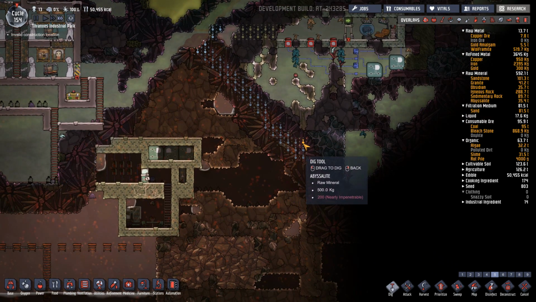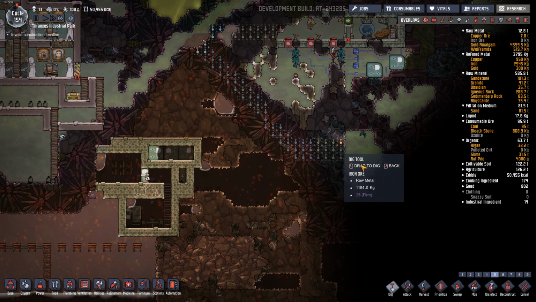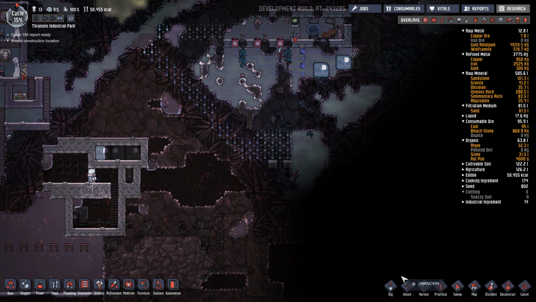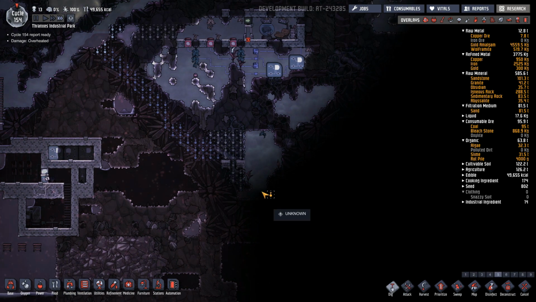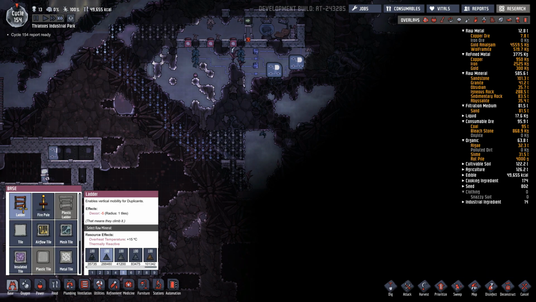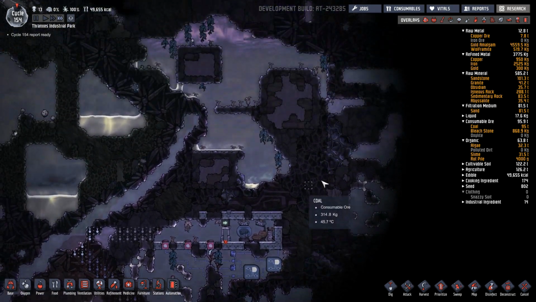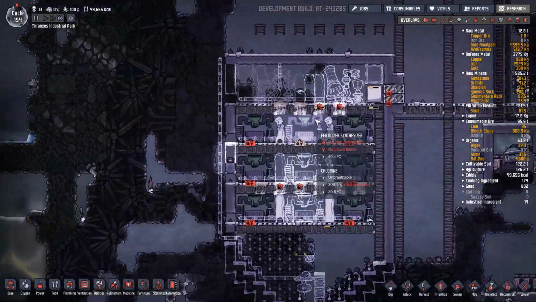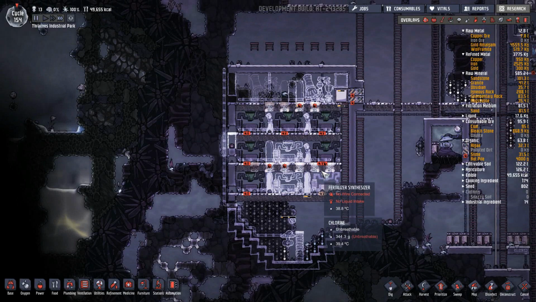Right? And then just like that. At which point, we'll put a few ladders, and we'll enable people to get up and down. I don't know. I think this heavy watt conductive wire, is it gonna be worth it, or should I just run...